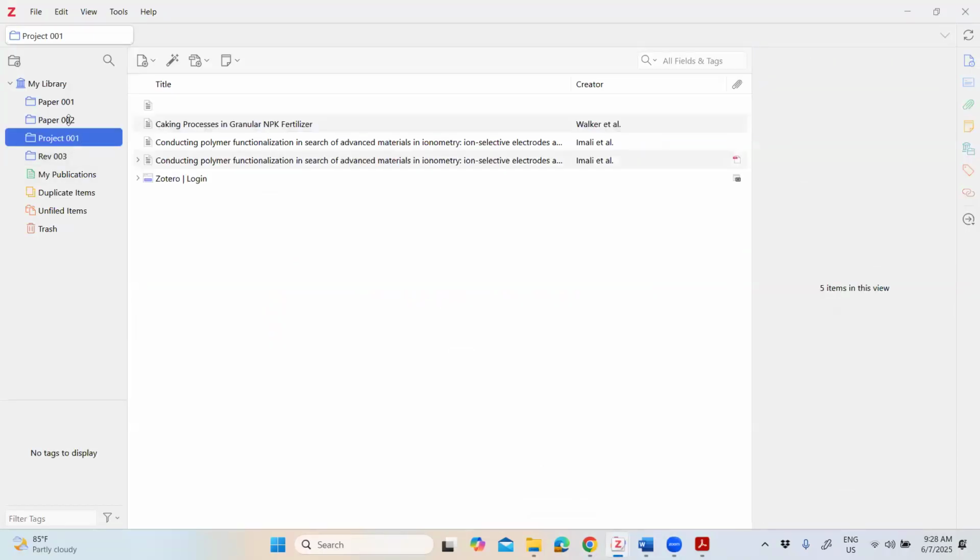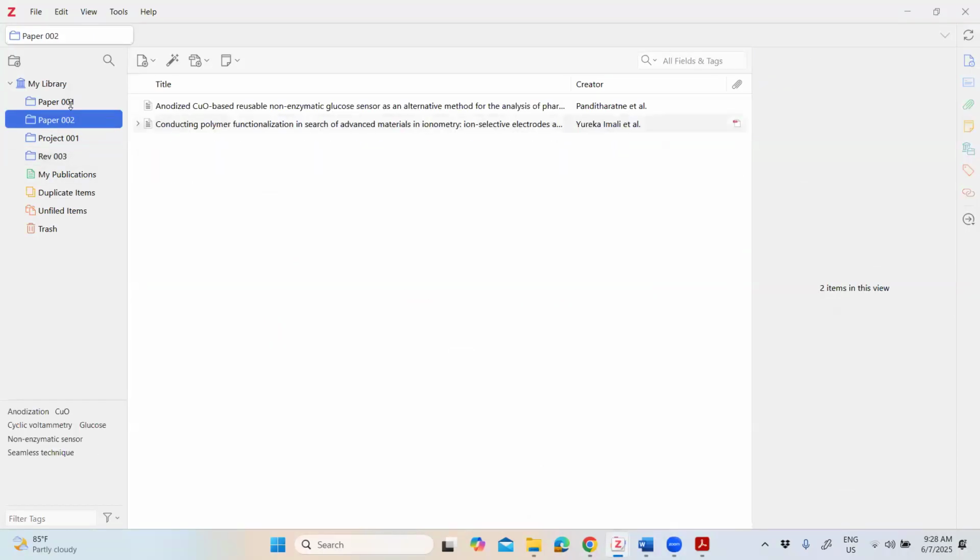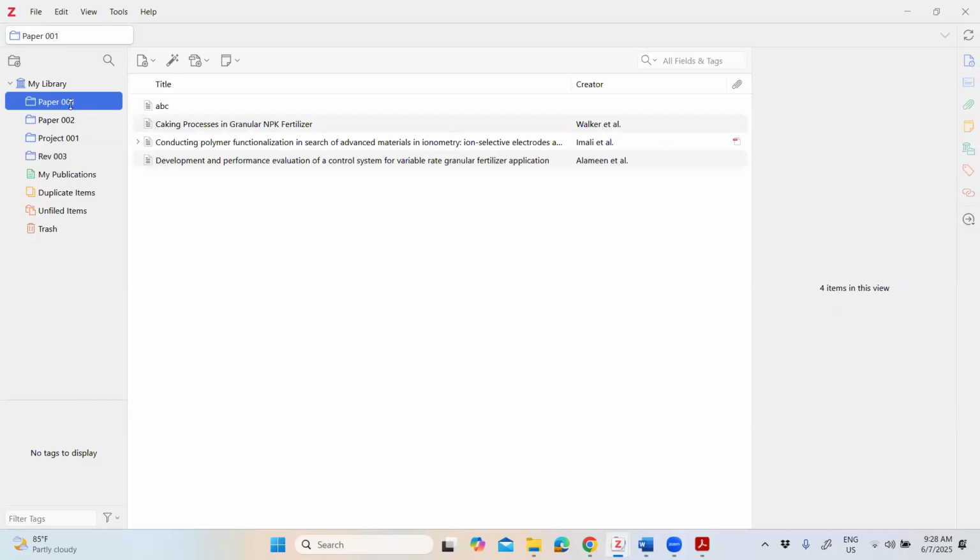Now, you can create any number of folders. So these folders,